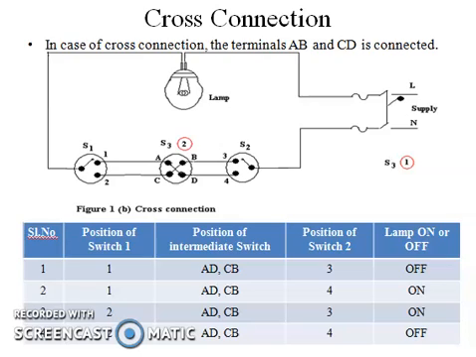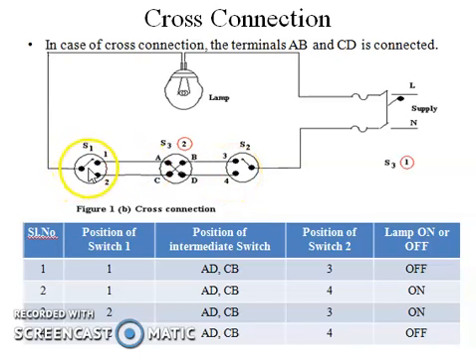Then what happens here in the three-way control of the lamp? When switch 1 is at position number 1, see the intermediate switch, it is connected to AD like that. To complete the path, S2 must be connected to position number 4, then only the lamp remains on. You can see the path like this: 1, AD and 4. Now what is the situation? 1, AD and ADCB and 3, no, off. 1, AD and 4, yes, on.